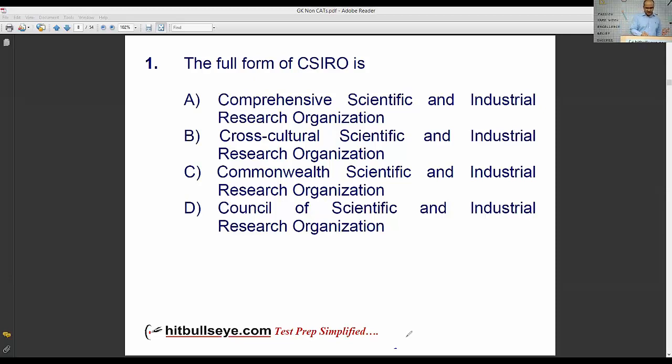Okay. So the answer to CSIRO is Commonwealth Scientific and Industrial Research Organization, right? Naturally, this question is from static organizations, right? Static organization, and that too international organization. So whenever you come across an organization, if you're reading the newspaper, if you're reading any notes, just make a note of the full form, obviously, the year of its establishment, what are its objectives, right? What are its objectives and functions,